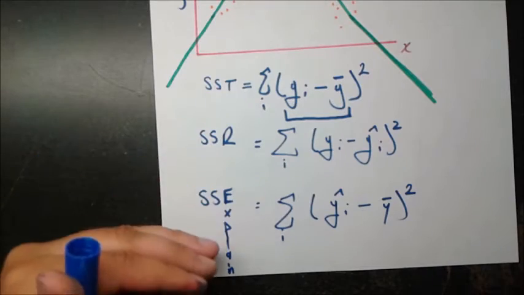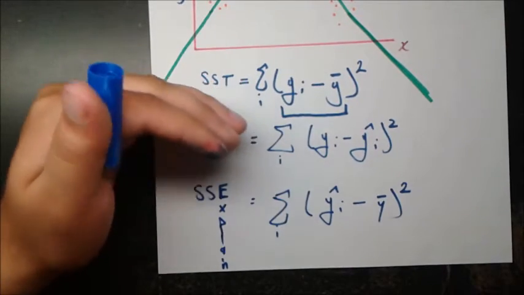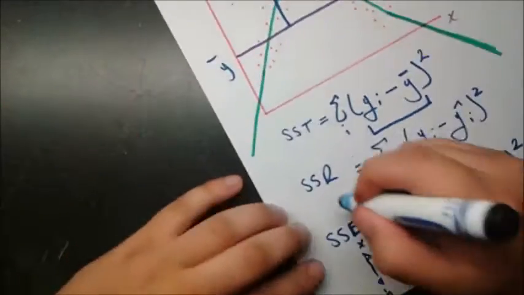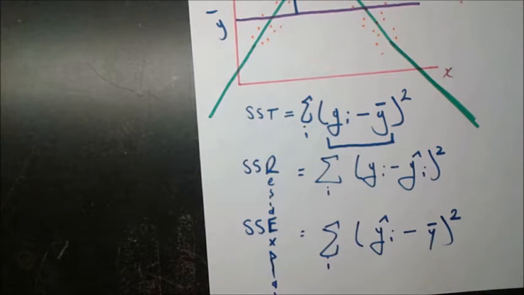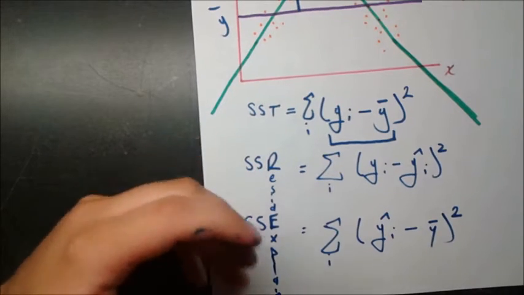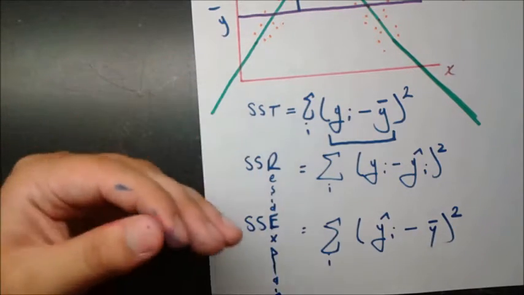Explained, okay? So this is explained. And this SSR, this R is going to stand for residual. So residual, I'll just write resid. Okay, so be very careful, if you're reading a book or a paper, about how they define their